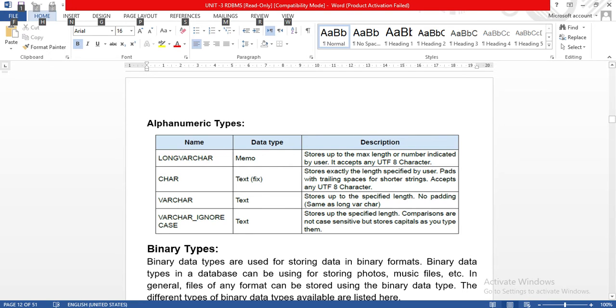These are the different types for alphanumeric. When you are writing any name or something, you can use these. These are the data types for text, varchar, char, and if you use varchar ignore case, if you are writing anything in capital letters or small letters, it will ignore that mistake.